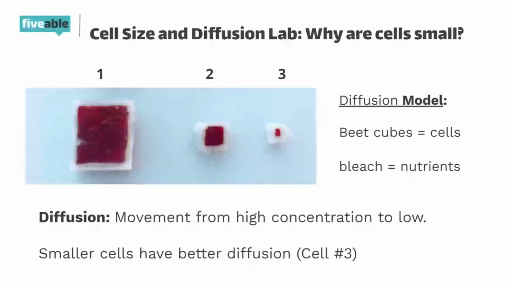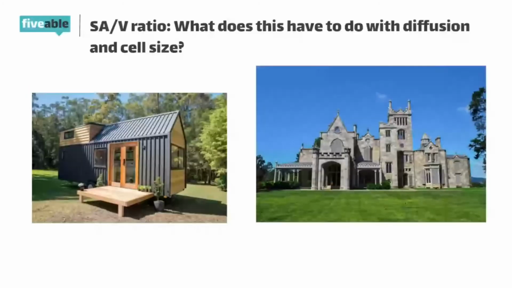So what does the surface area to volume ratio have to do with diffusion and small size? So if you've ever seen that show, The Tiny House, I imagine it like comparing a tiny house to a mansion, okay? And let's say it is really, really hot in the house, right? So it's super hot for whatever reason, way, way, way too hot. And you need to open up all the windows, okay? This little house is going to be cooled down more efficiently than a huge house, right? Even if the huge house has lots of windows,